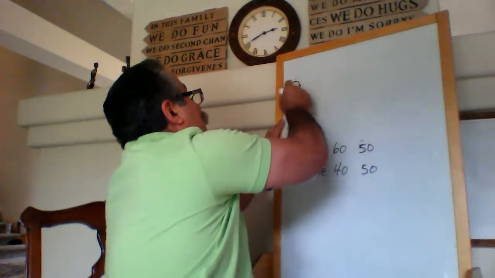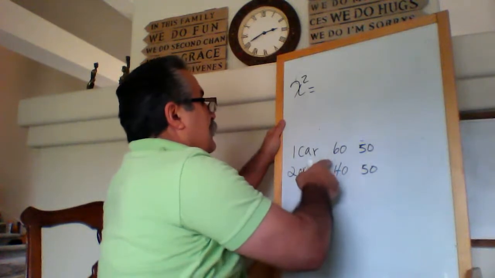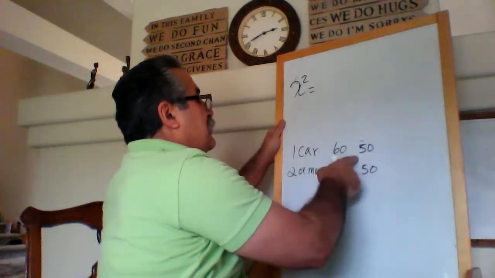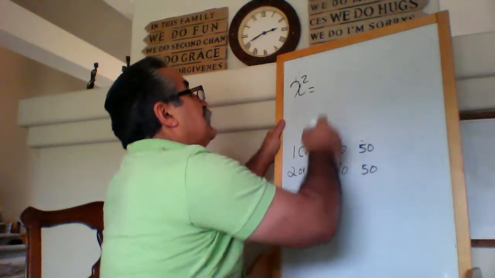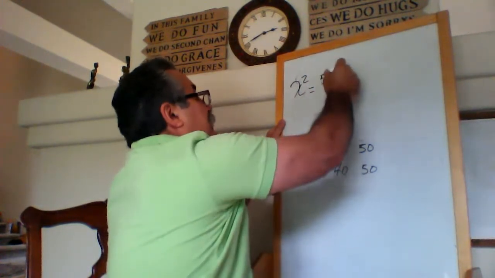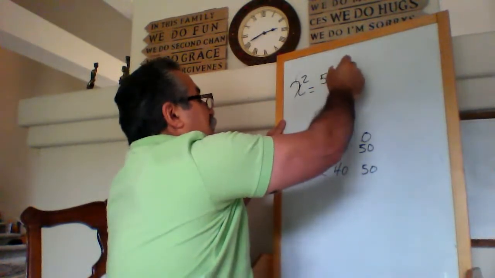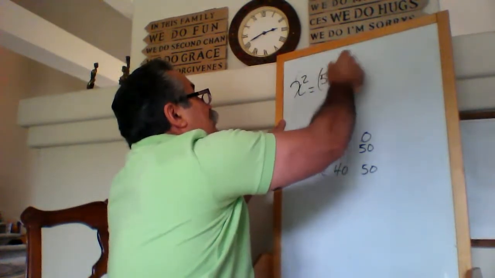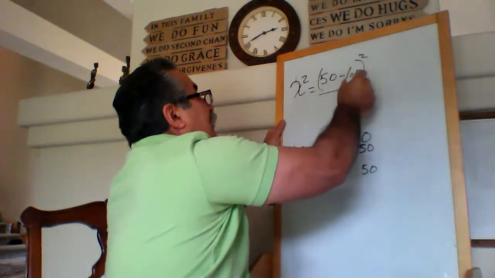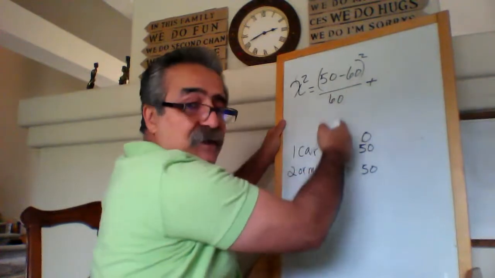So chi-square is equal to observed minus expected. This is expected, this is observed. 50 minus 60 squared divided by expected, which is 60, plus, that's because of that sigma,